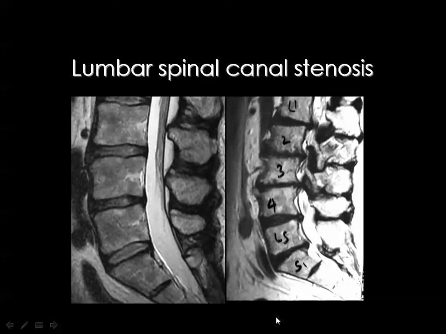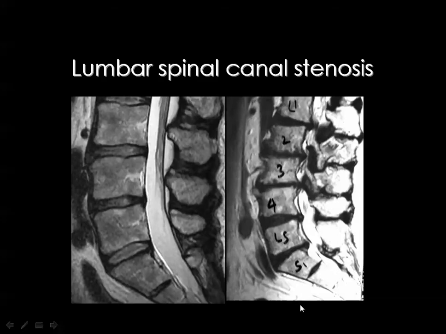Then you can easily say that this canal is very tight because the cauda equina nerve roots are running in a very tight canal with little CSF around, compared to this normal canal with adequate CSF around the